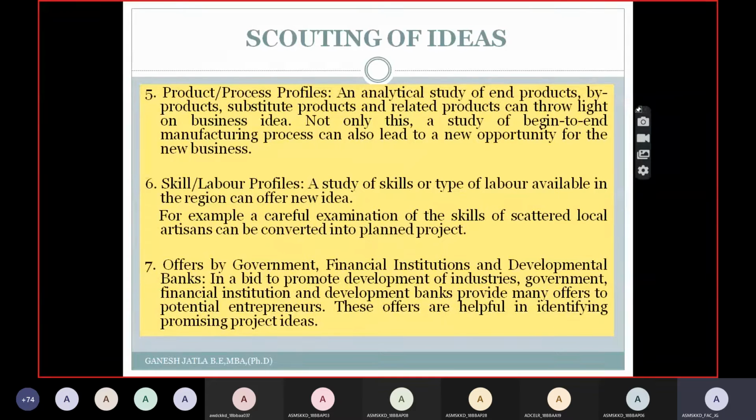And next, product or process profiles. In product and process profiles, there is already an existing product, but based upon customer feedback and other aspects, once you use that product, you identify that it is difficult to use, or you come to know that the product weight is very high and it is not handy in nature. Then automatically you try to minimize or eliminate the parts which are not useful. Then the lightweight products will boom in the market. So this is the way the research will happen.